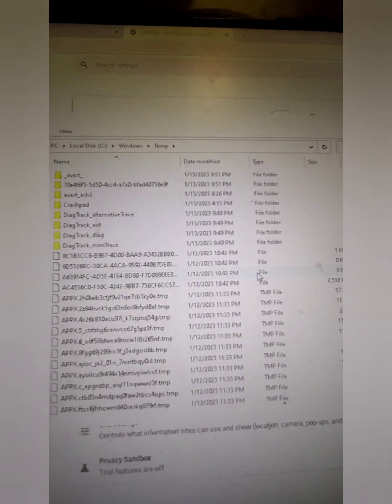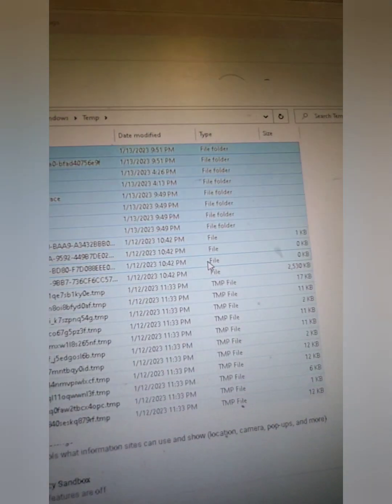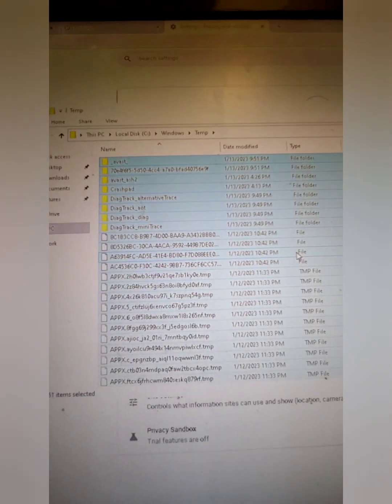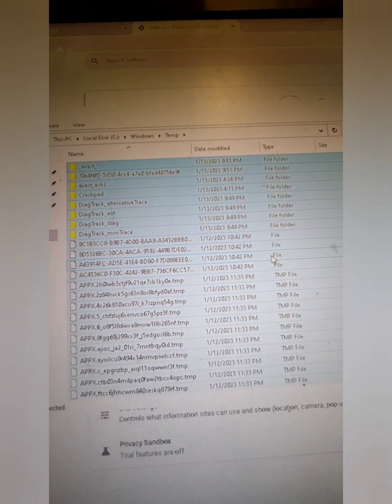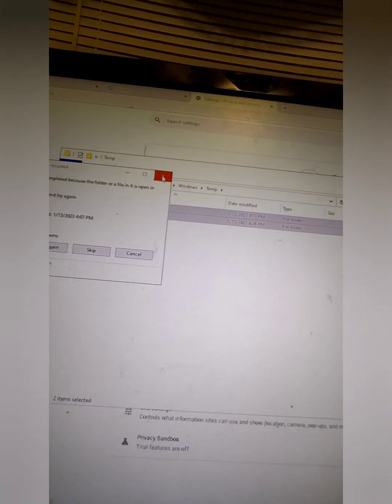What you do there is hold down the Control A key on your keyboard, and that will highlight everything. Control A, then you can hit delete on your keyboard. Once you hit delete, that'll go, and then you close that out. Close that whole box, go back down to the bottom,